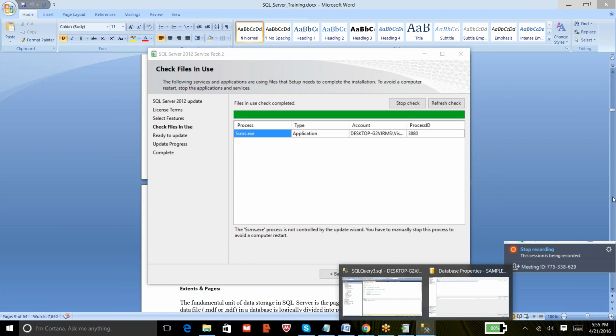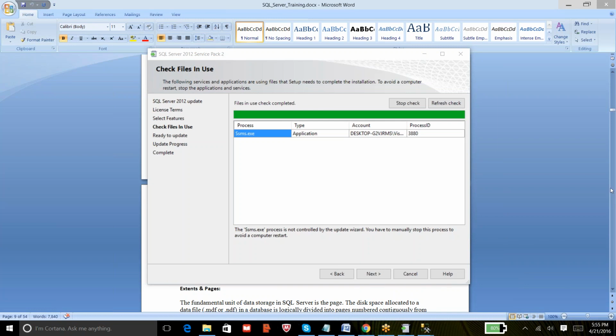There's a question from Venkat. Is the latest service pack inclusive of all the previous SPs? Yes. If you notice on top, it's SQL Server 2012 Service Pack 2. That is, I am applying Service Pack 2.